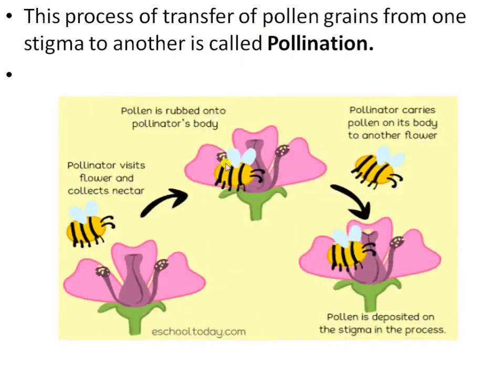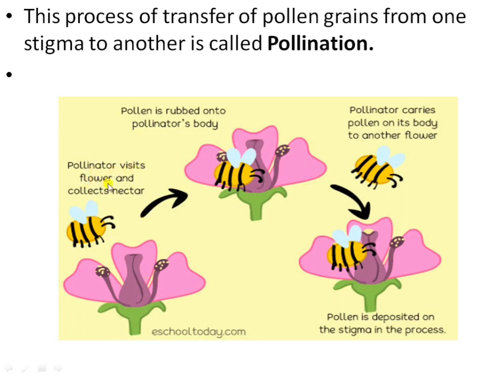Okay, as you can see in this picture, the transfer of pollen grains, by the help of the bee or by an insect, from the anther of a flower to the stigma of a flower is called pollination. After the pollen grains are shed from the anther, they can reach the stigma by a number of means, like insects, the wind, or other factors. So a flower could be self-pollinated or cross-pollinated.